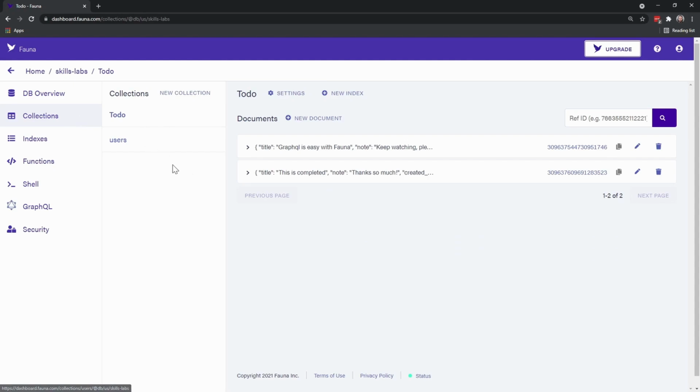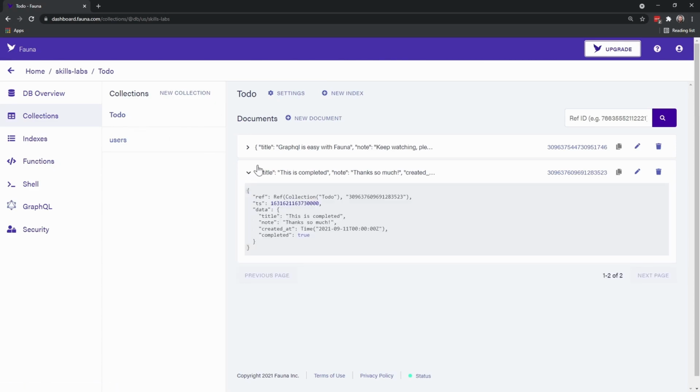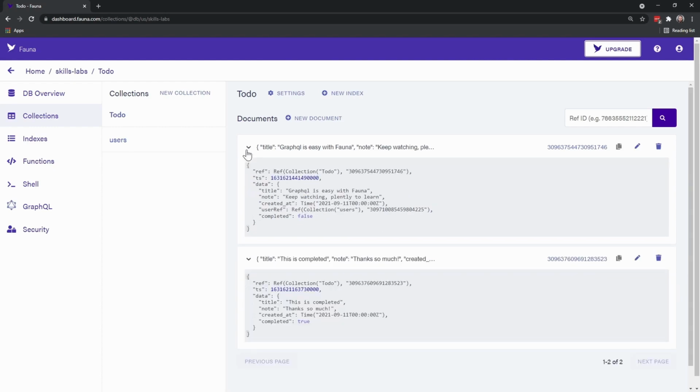So if we were to update some code, or we were to essentially create this in the application from the previous video, you'd be able to see that we could use this user ref to say, hey, only give me data that belongs to a specific user. Now this is super important. Obviously, we don't want just any Joe Schmo being able to grab data. And if you were using the functionality of Fauna where you can have authentication, which we'll be covering in the next video, you'll be able to take that and use that as part of your queries